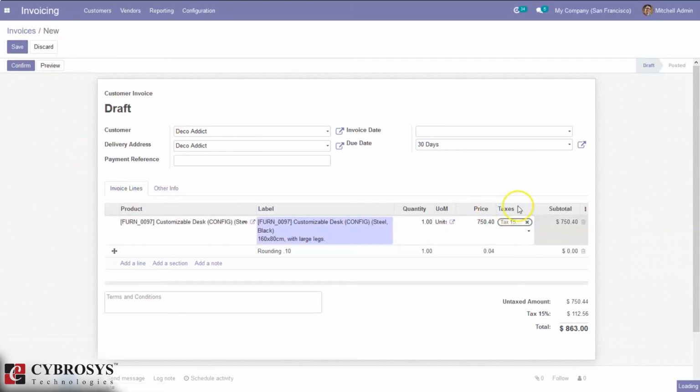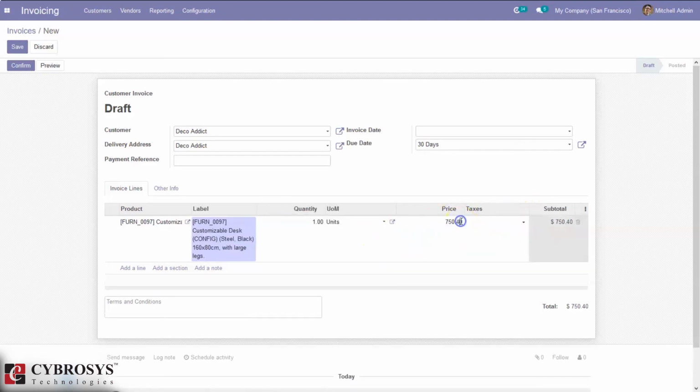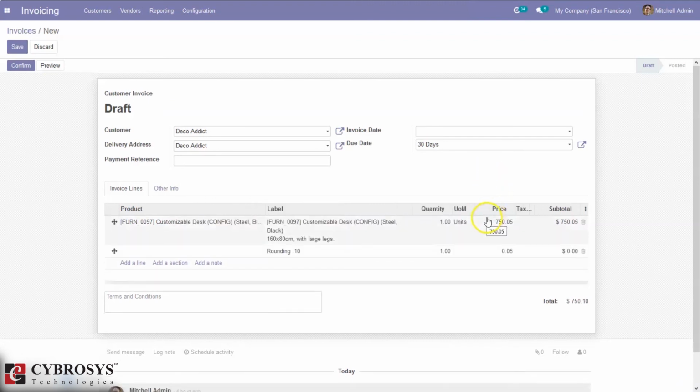let me remove the tax. Here you can see the fractional part is equal to 0.05.